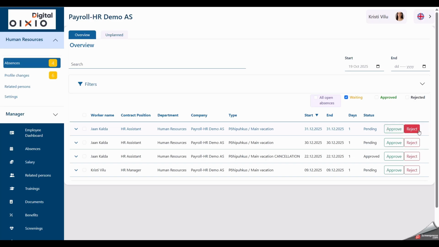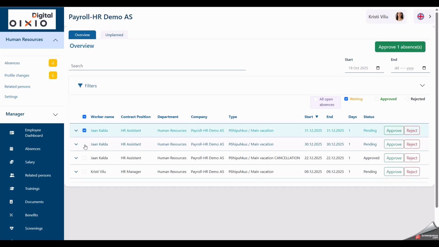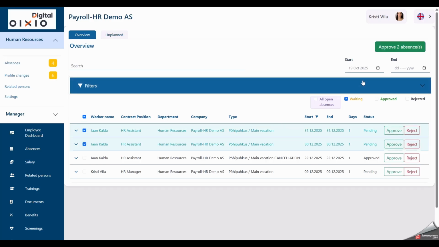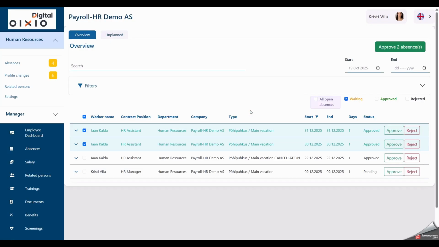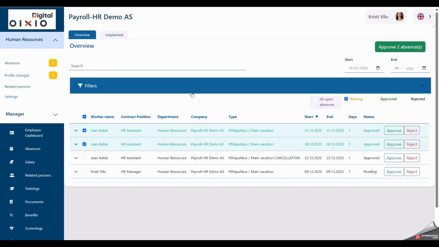It is possible to approve just one request at a time by simply pressing the Approve button, or to simultaneously approve several vacation requests by marking the corresponding applications with checkboxes and pressing the Approve 2 Absences button. This functionality is especially convenient at the beginning of the year, when a large number of vacation requests are submitted all at once. In addition, HR personnel can also filter through already confirmed and rejected requests,